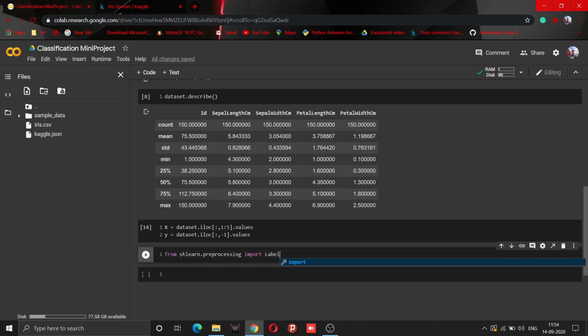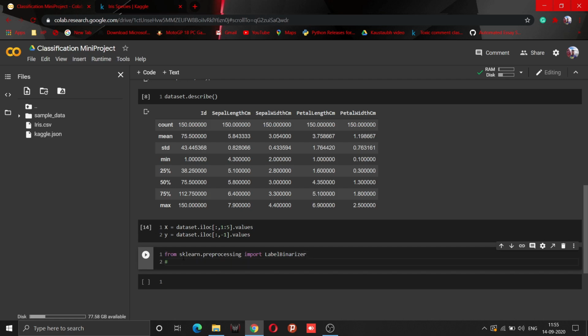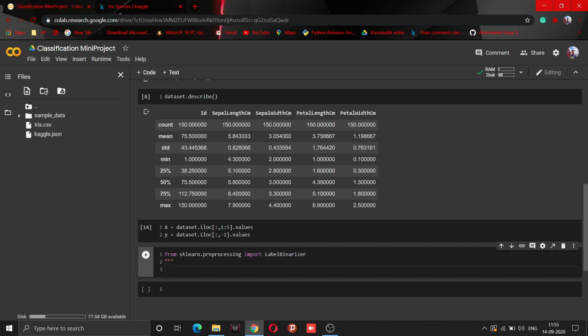LabelBinarizer. So what does LabelBinarizer do? It will perform both one-hot encoding as well as label encoding. If you don't know what label encoding and one-hot encoding are, let me take an example and explain this part. For example, suppose there are two categories, that is male and female.